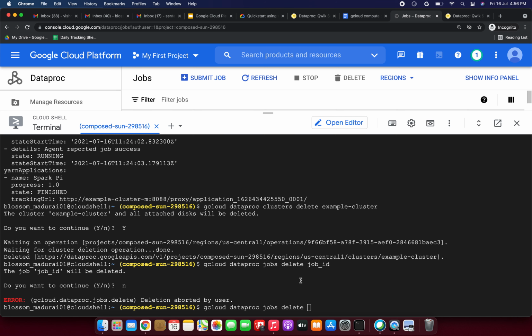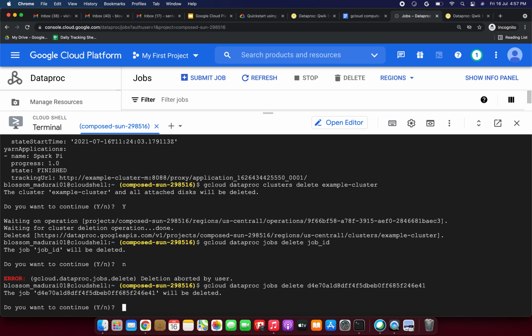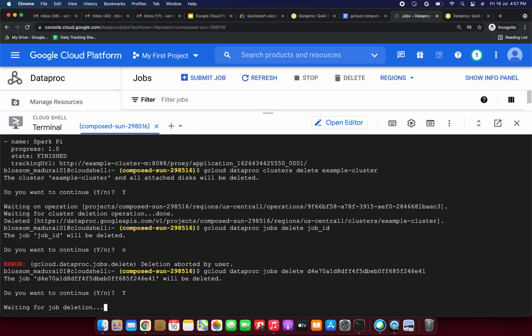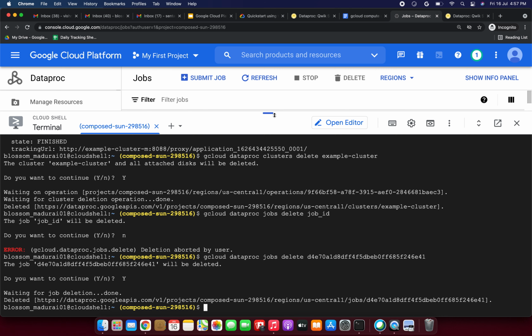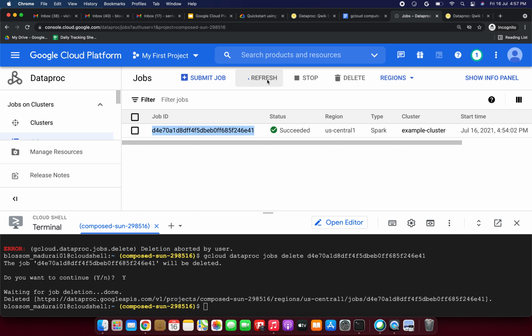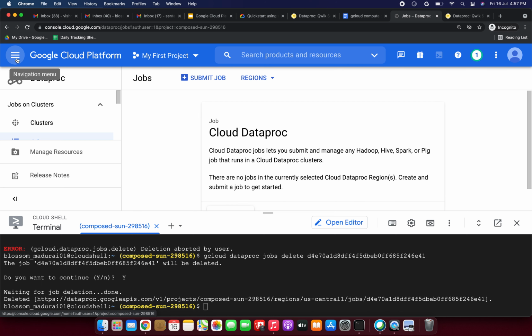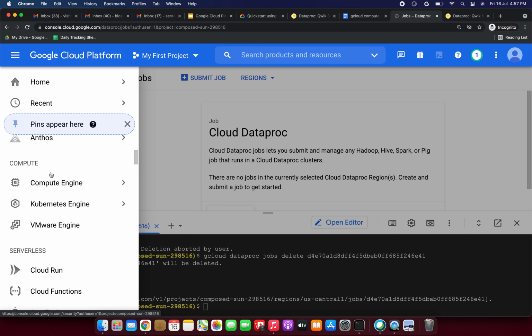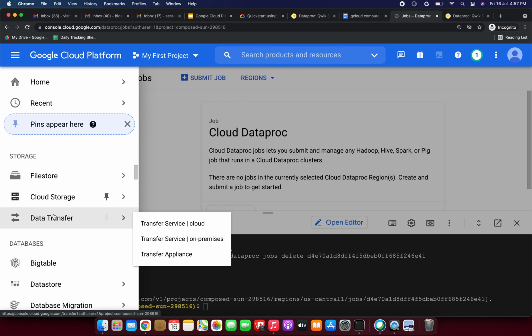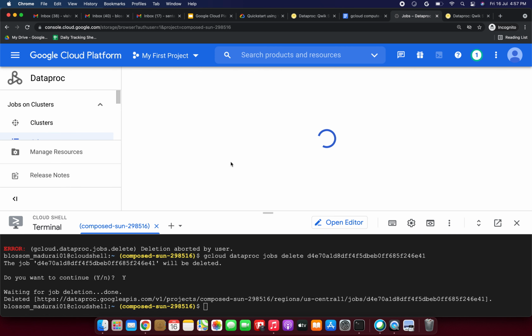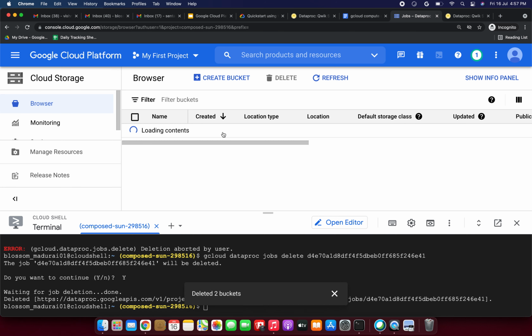Now I am putting this job ID here. Enter this, and the job will be deleted. Just put yes now. Yes, it has been successfully deleted. Just refresh it and go to Cloud Storage. We need to delete that Cloud Storage bucket also. And we are done with the lab, friends. So we have successfully completed our lab.